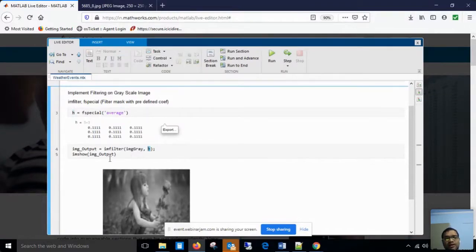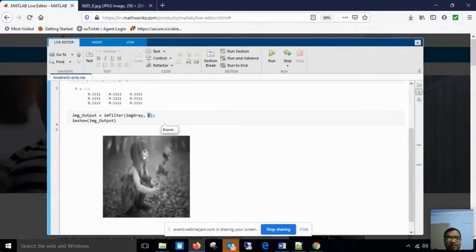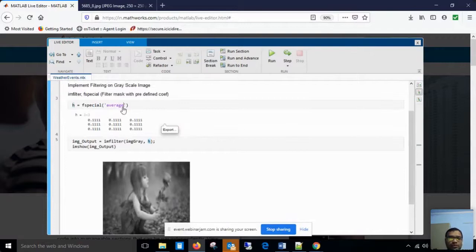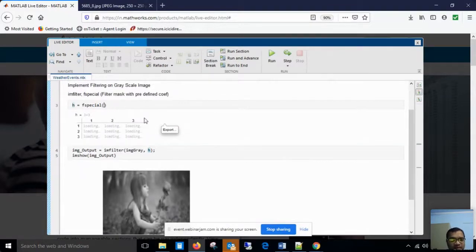And we also know that the average filter is a smoothing filter. The objective of the smoothing filter is to provide blurriness in the image, or averaging of the pixel intensities. So you can say blurriness has been introduced in the image. So we are perfectly getting the output of the average filter. Let's try to change this filter and see what happens.